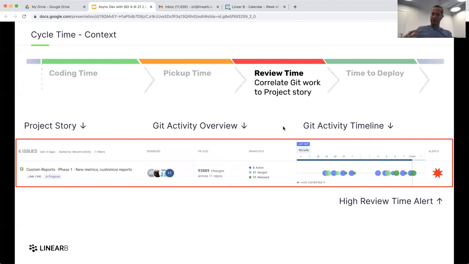Context, so that's the visibility element. Context will take you to the next level. It will say, hey, you know that review time thing? Here is a story that's being delayed because the review is taking too long. It's already in the third or fourth cycle, and this is being pushed. And it says, hey, this story of custom reports is now being delayed because of that specific review.